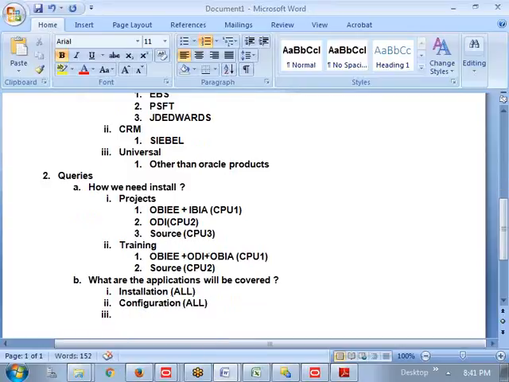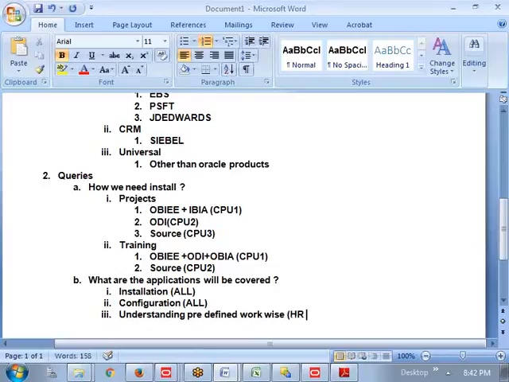Whereas execution wise, understanding of predefined work wise, we are going to cover